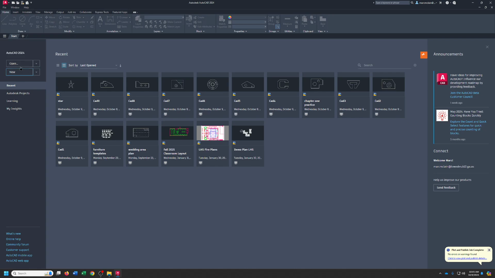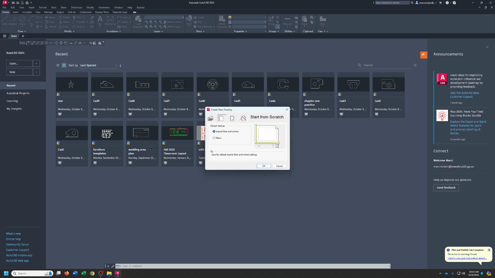Now, we've been using this button to open new drawings thus far. We're going to use a different button. We're going to come up here and use this button beside the big A. Okay? You can also type Q new if you prefer. It's going to bring this up. Okay, that gives us options. We can either open an existing drawing, create a new drawing from scratch, create a new drawing using a template,